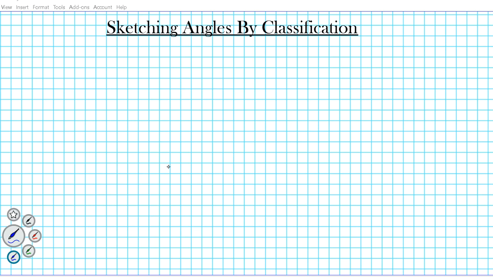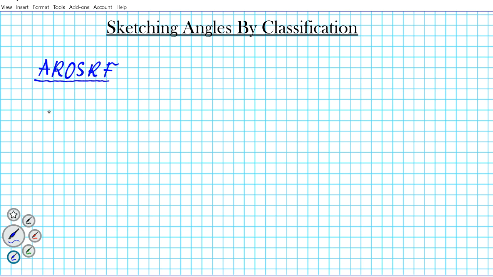Alrighty, in the examples we're going to be working on, we're going to be given a verbal description of an angle, and we're going to sketch the angle based on the verbal description. Let's take a look at the 6 classification of angles that we're going to be using for this presentation. We went over them in the previous 2 installments. So remember ArrowSurf, right? ArrowSurf is the acronym that can help you remember what the classification of angles are from